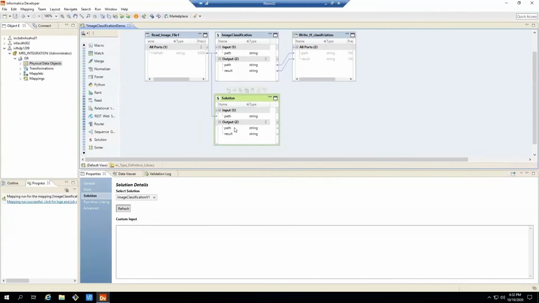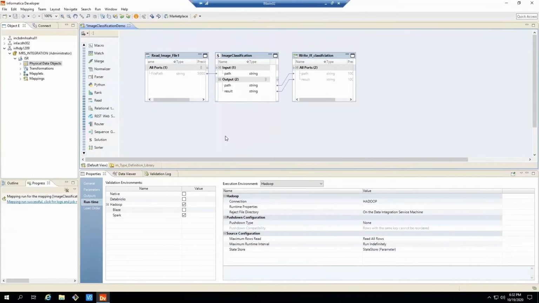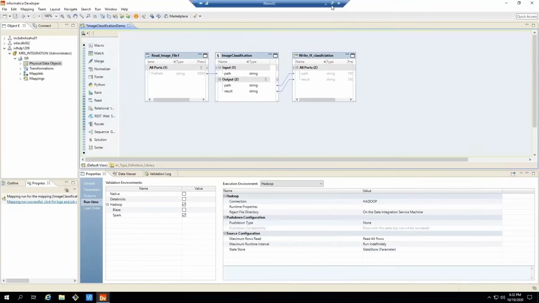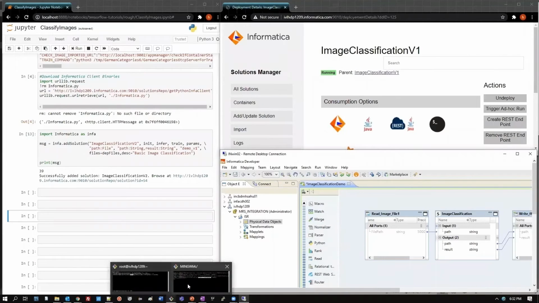So once we are done with that, we can then come here and select the runtime as Spark, and then we can run that mapping, which will then run on top of Spark. I have already run the mapping ahead of time, and we already have the results.